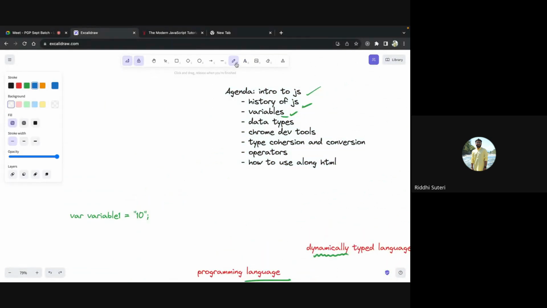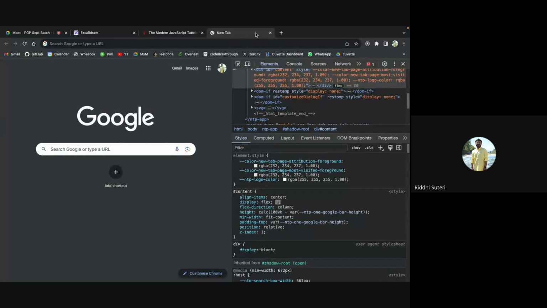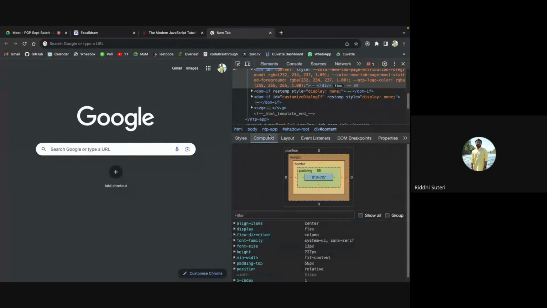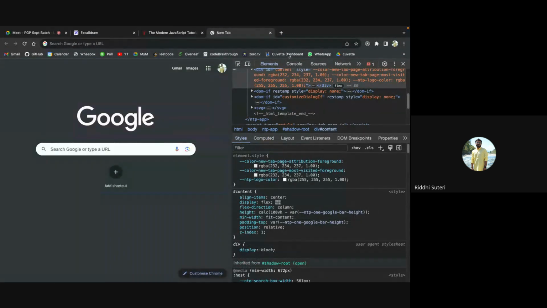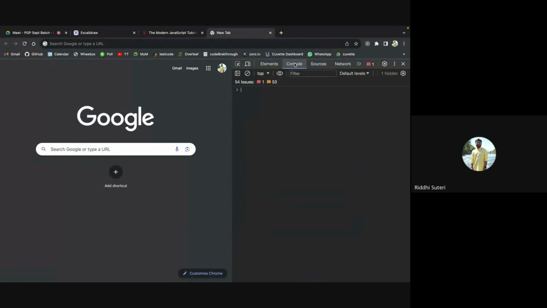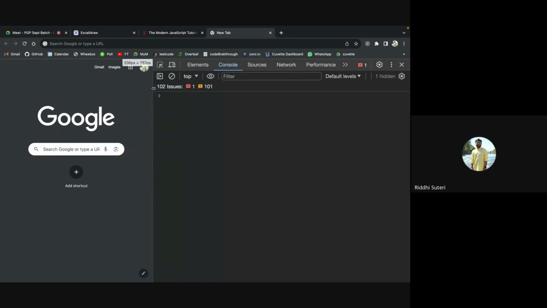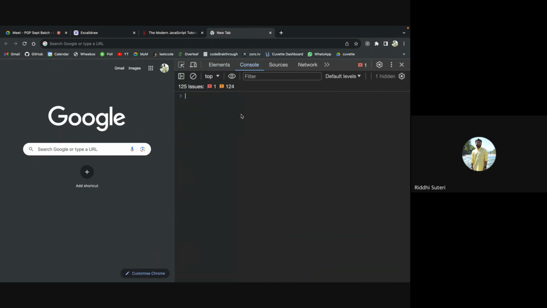We have talked about data types briefly. We are also talking about Chrome developer tools. I hope you know about the elements section, the styles segment, the computed segment, etc. Today, we'll talk about this console segment. In this segment, you can write some JavaScript and execute it right away in the very next line. आप यहाँ कुछ JavaScript लिखो और वो next line में जाके execute हो जाएगा. This is what you can do using this console part.